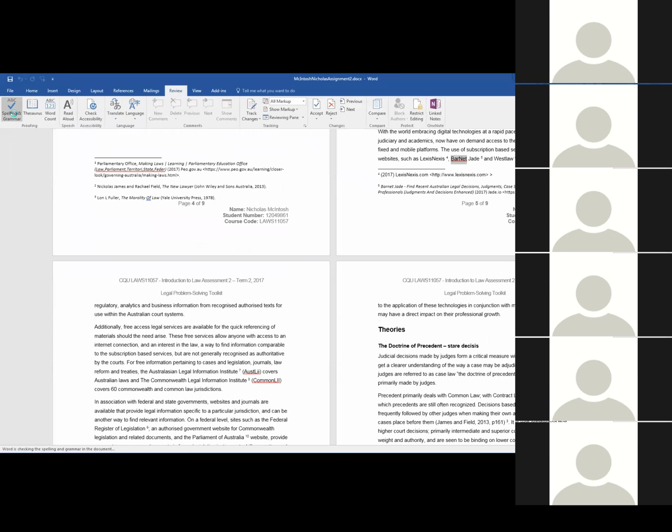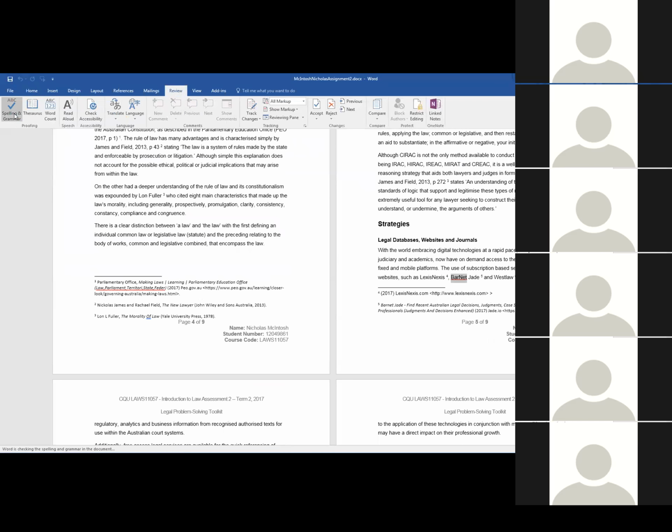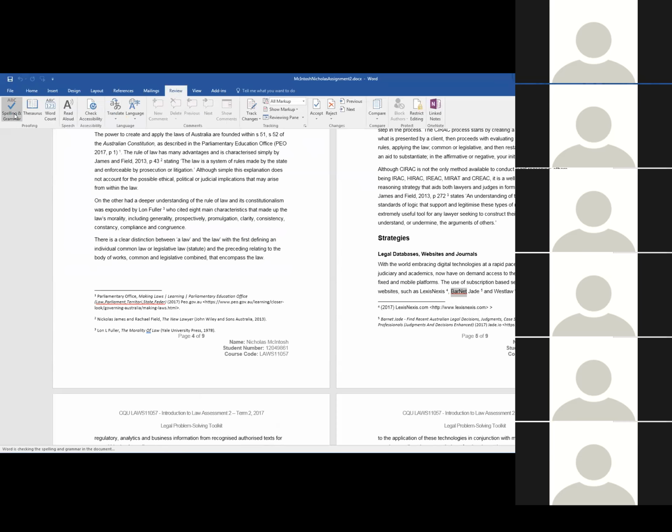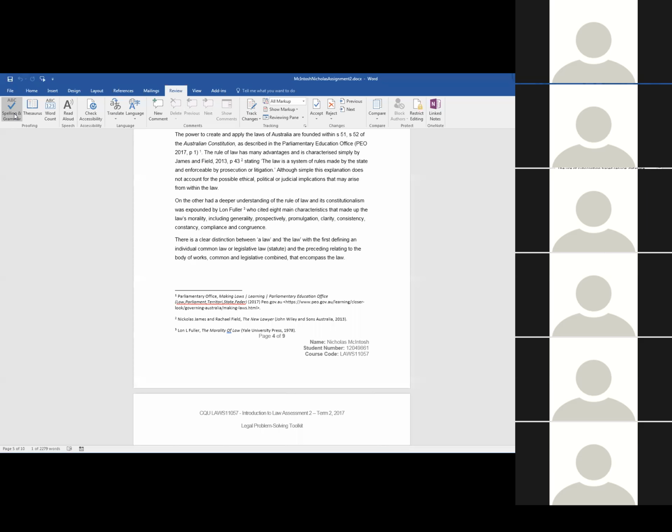And what we should see is it come up with some options. This is a little different to the version I'm seeing. Okay, on the right-hand side, you'll now see the suggestions, and you have the option to ignore, which we'll do.